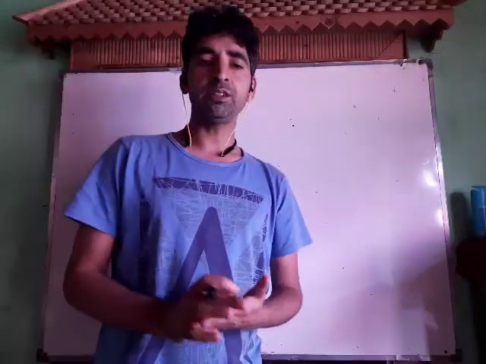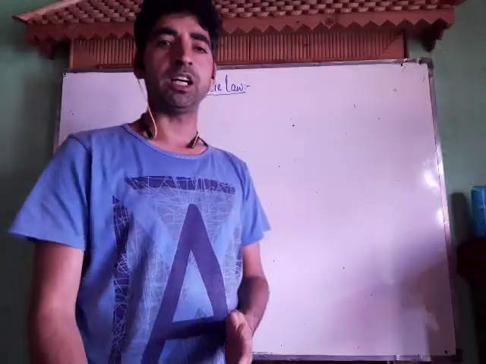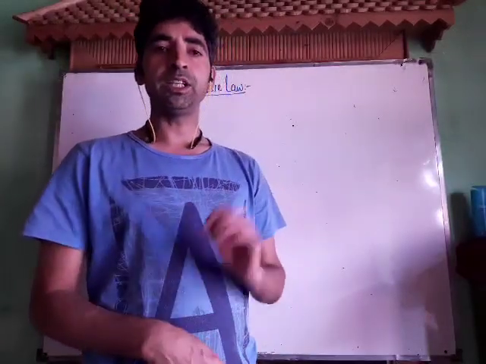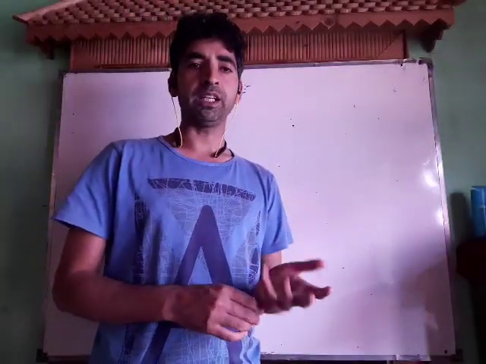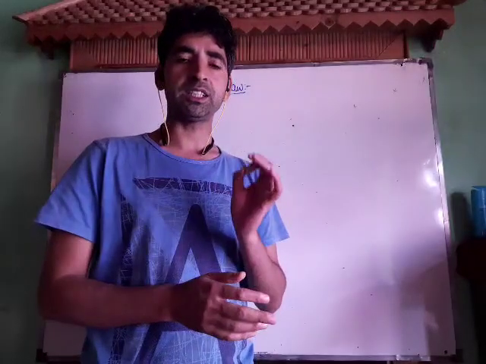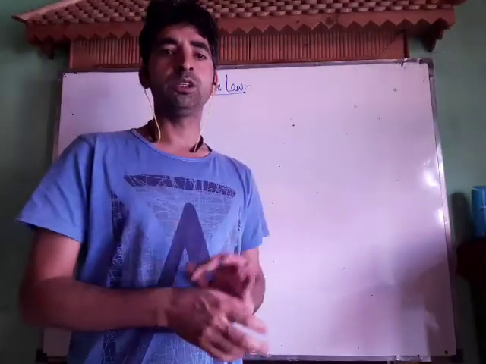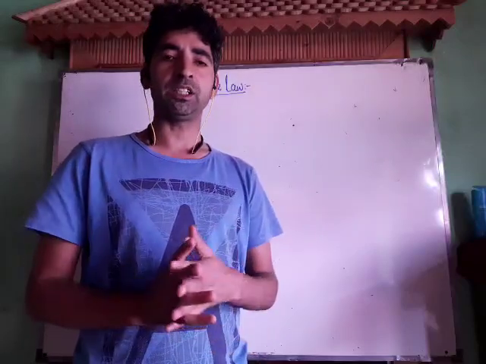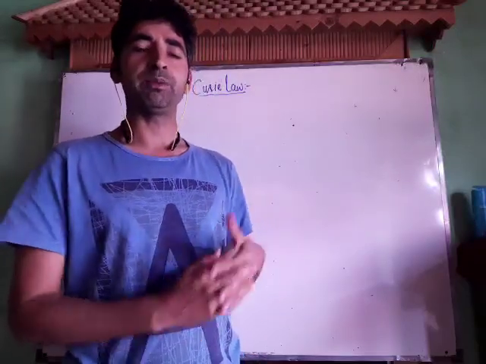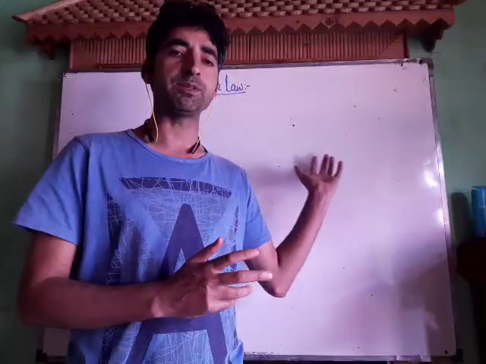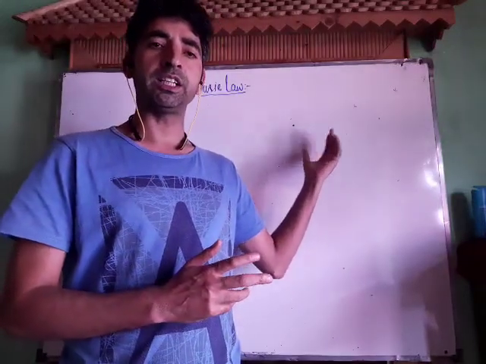So dear friends, in today's lecture we will discuss Curie law. In Curie law we will determine the Curie constant for different metal ions, for example, for a complex containing 1 unpaired electron, 2 unpaired electrons, 3 unpaired electrons. Basically we will know how we can determine the Curie constant for ions containing different numbers